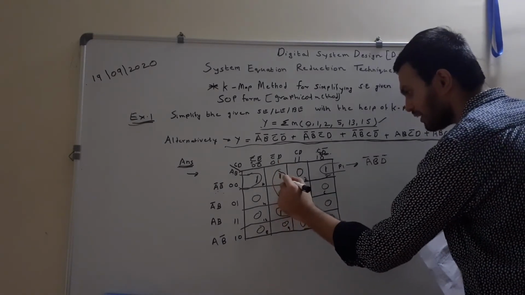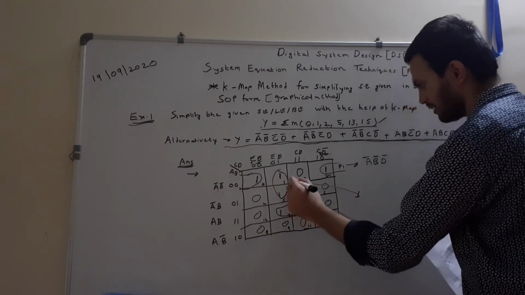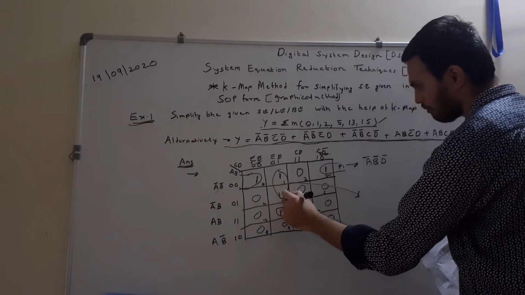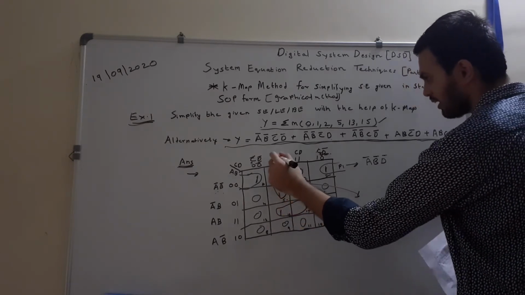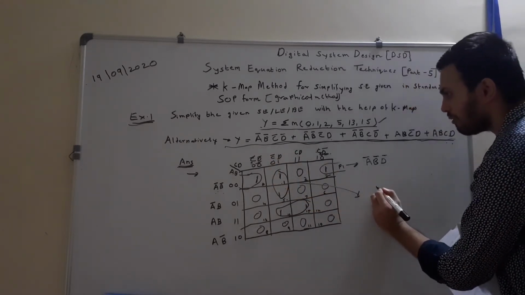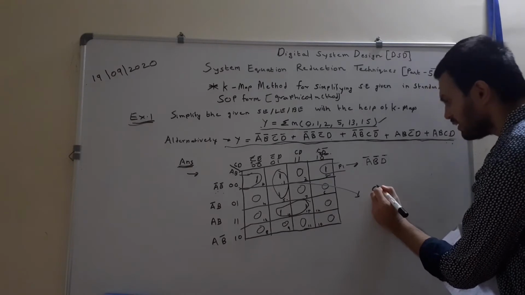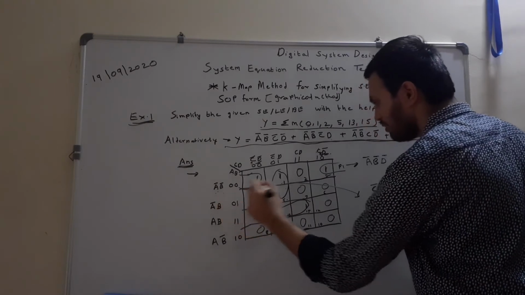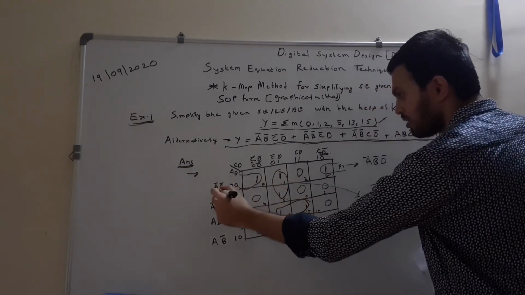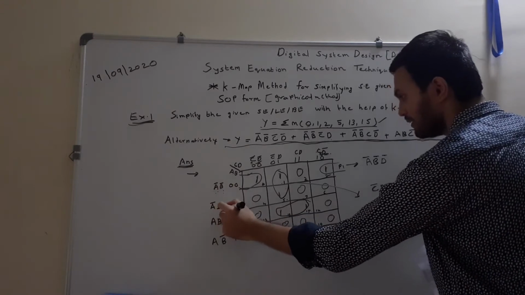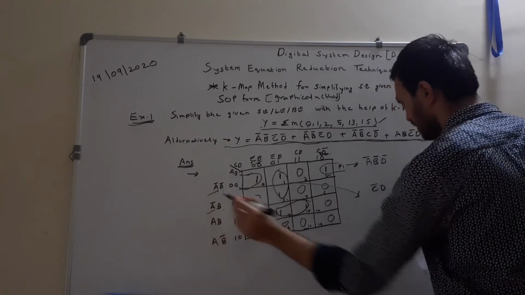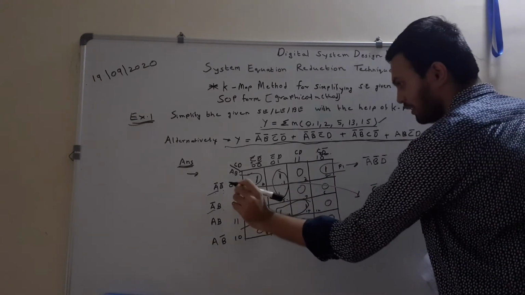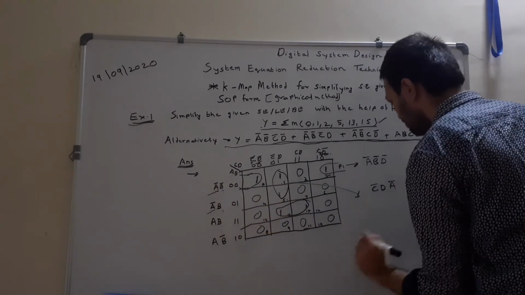Now let us have a look at pair number 2. Here minterm number 1 and minterm number 5 form a pair. So read the corresponding column value. The column value of that particular expression is C bar D bar. And now read the corresponding two rows in which the pair is present. Here A bar B bar is there and A bar B is there. Now have a look here, A bar is constant, so that term will be retained in the final pair output. And here B is eliminated because it changes from B bar to B.